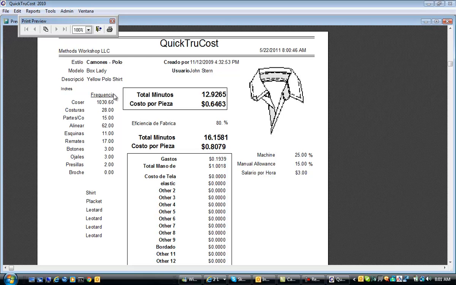The interesting part is that you know exactly how many sewing inches. Here, the inches or centimeters will be identified on the final printout, so there's no question as to what you used, inches or centimeters, for this particular garment. It'll tell you in a capture summary how many sewing inches, how many seams, how many parts, how many alignments or match points, corners,